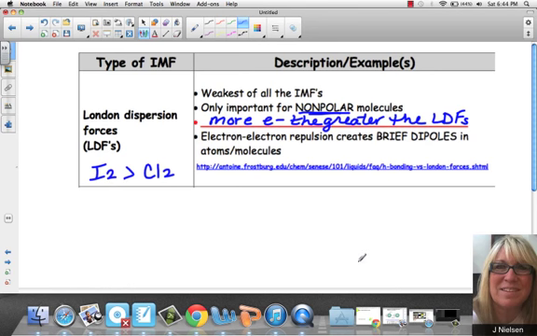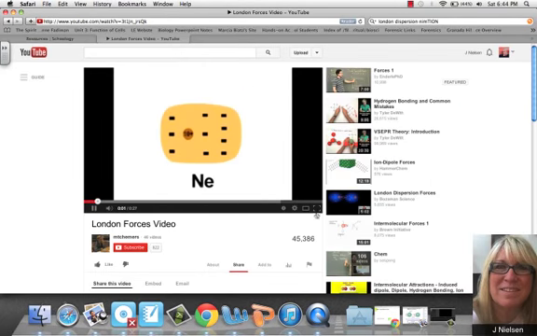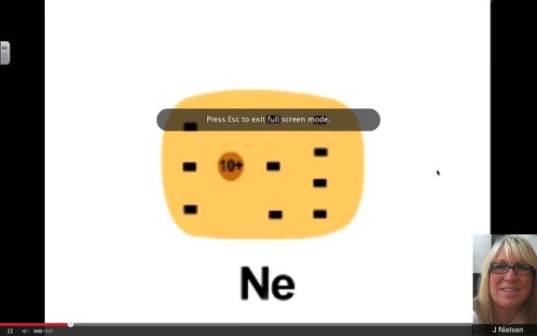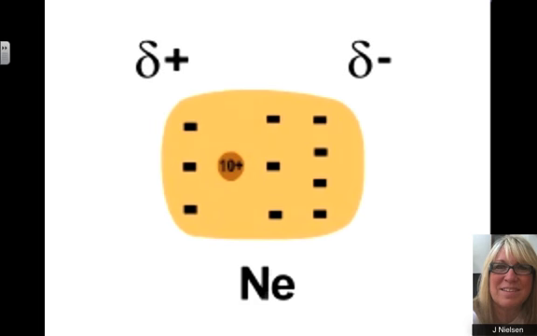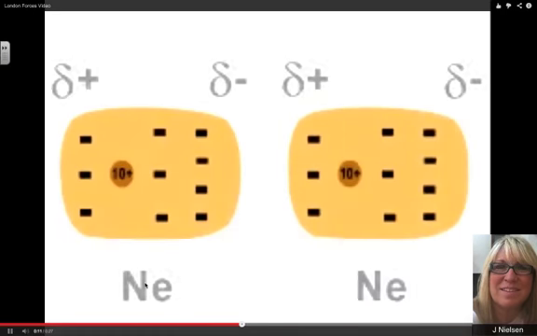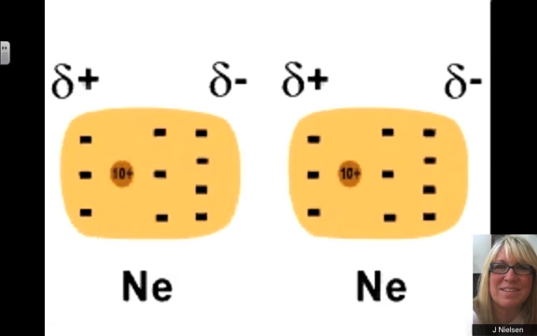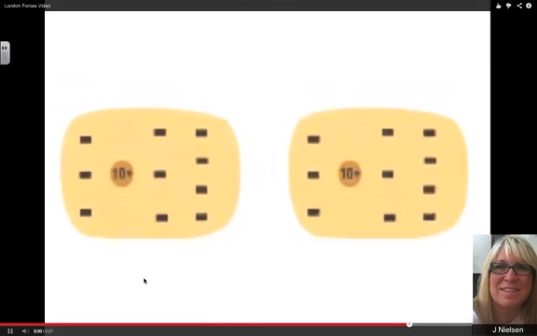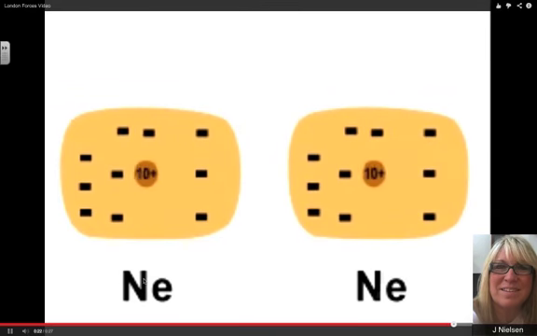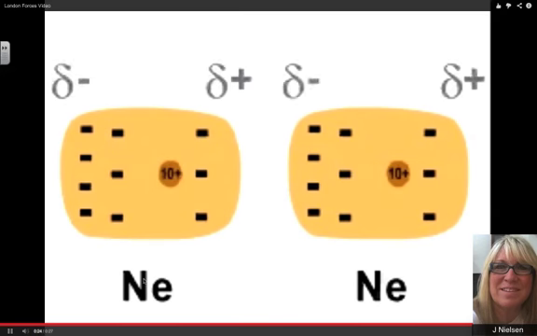I'm going to show you a short video of this. Electrons in an atom are in constant motion, but at some point in time there are more electrons on one side, creating delta negative and delta positive charges, or an instantaneous dipole. The instantaneous dipole on one atom can induce an instantaneous dipole on another atom, and they are oriented to cause an attractive force. Later, the electrons on both atoms have moved, but they tend to move together to preserve the